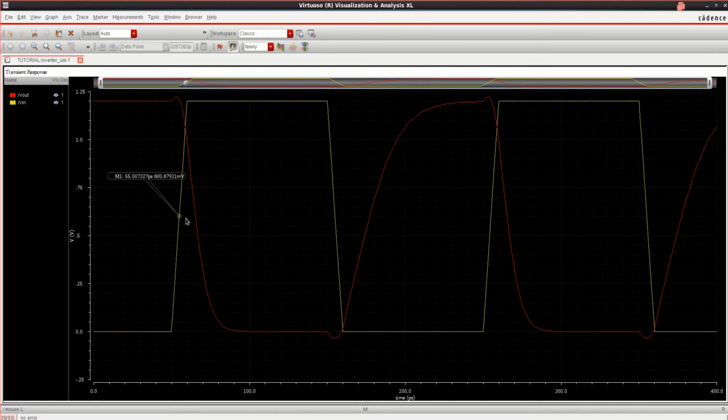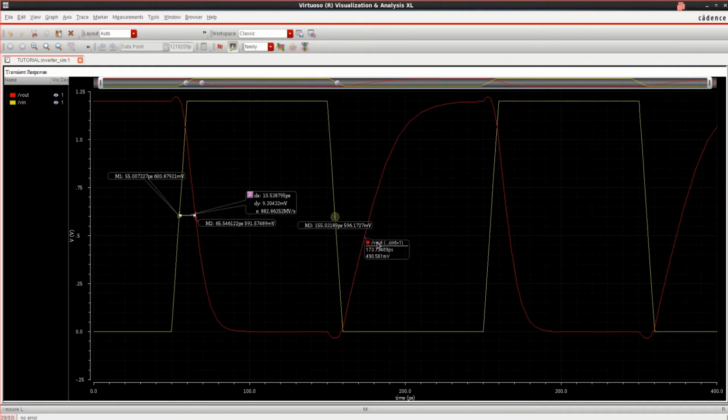Similarly, if I want to find the delay at this point, select this first and press D on the second waveform. On the second waveform, you can see that it has calculated the delay. The difference delay is around 10.5. Roughly it is 10.5. For the output rising and input falling, you can use the same procedure.